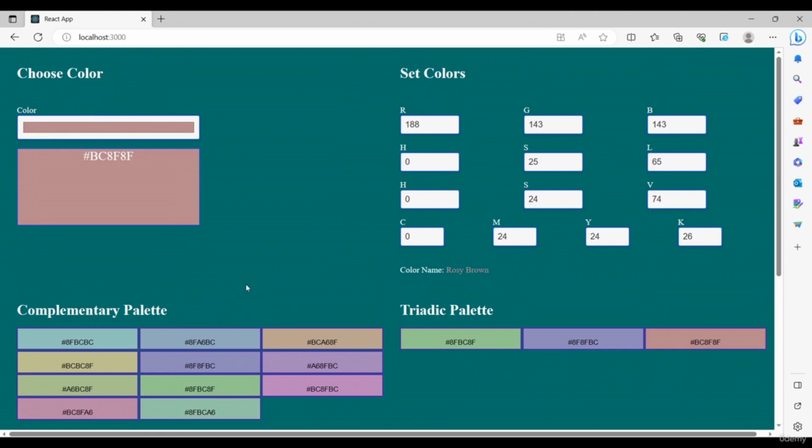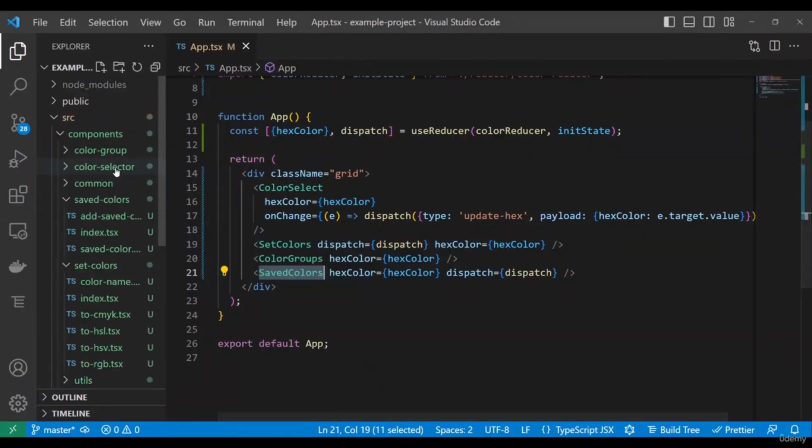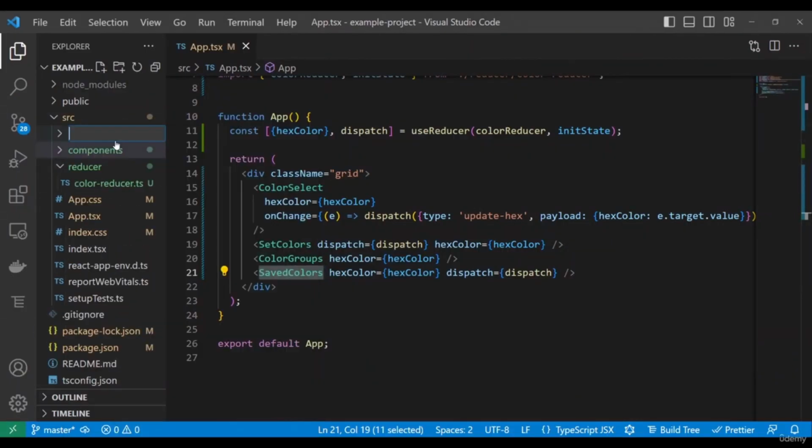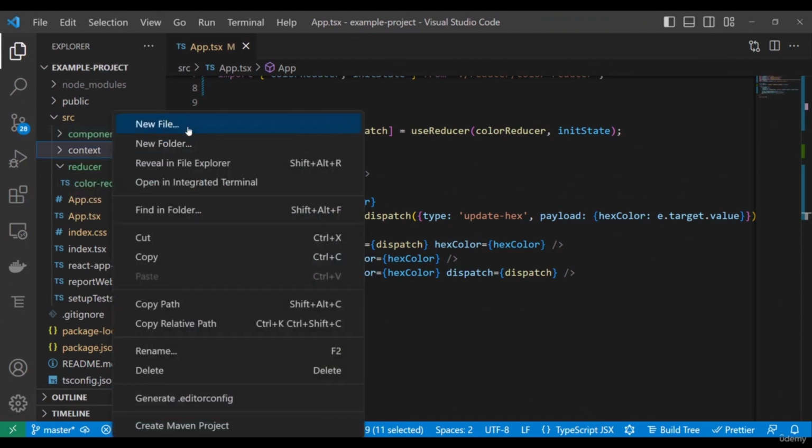Okay, so in this video, we are going to focus on the context API, and we're going to see if we face any issues, any challenges, and of course, we're going to see how to overcome them. Getting back, I'm going to create a new folder in the src, same as the reducer. Let's just create a directory called context. And inside of it, we're going to say